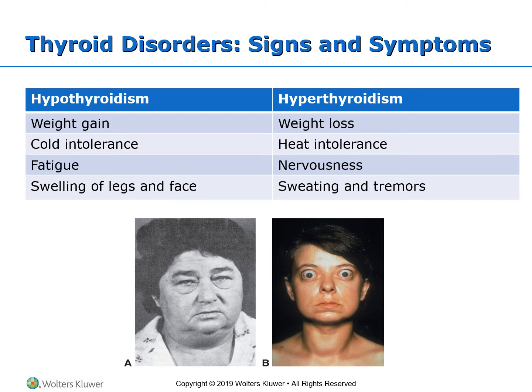This is a comparison and contrast of the thyroid conditions. You can see A is the hypo and B is the hyper. In hypo, it's a low metabolism, weight gain, cold intolerance, they are tired all the time, they have this swelling of legs and face. Now, on the other hand, we have hyperthyroidism, where they have weight loss, heat intolerance, they are nervous and shaking all the time, they are sweating all the time, and very particular for hyperthyroidism,